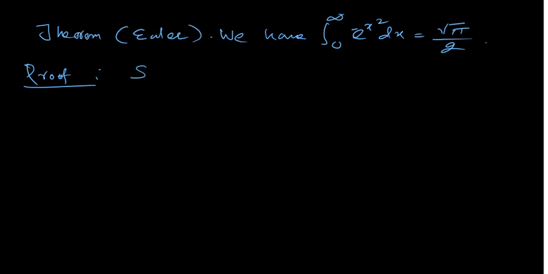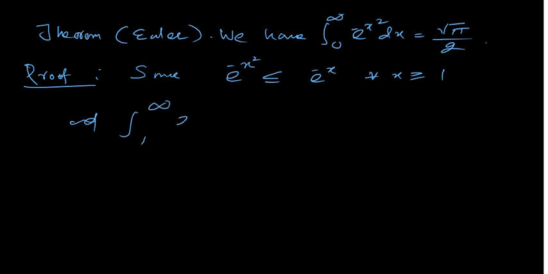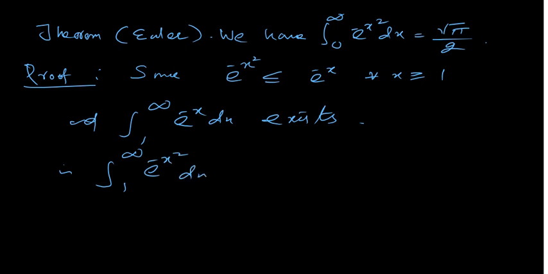Since e to the power minus x square is less than or equal to e to the power minus x for all x greater than or equal to 1, you can easily verify this, because whenever x is greater than or equal to 1, x square is greater than x, so minus x square is less than minus x. That's straightforward. And the integral from 1 to infinity of e to the power minus x dx exists; we can easily calculate this integral. Therefore the integral from 1 to infinity of e to the power minus x square dx